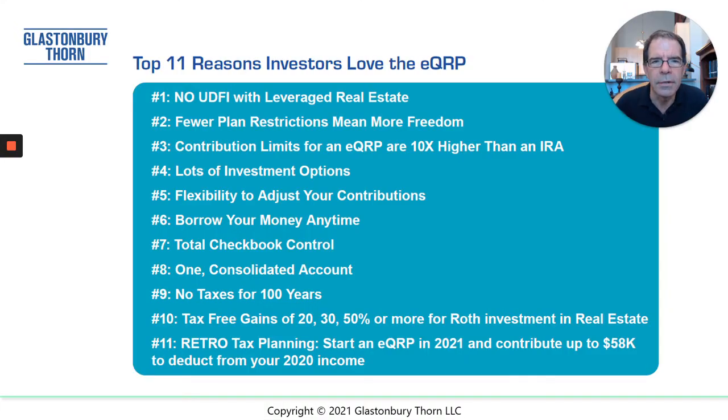By the way, in regard to EQRP, you can see many other benefits listed here. The first one is avoiding this tax, but there are some others, such as contribution limits 10 times higher than with an IRA. All of this is pretty interesting stuff. Those are 11 reasons from the EQRP downloadable book. Some of them caught my eye, some of them didn't, but I propose reason number 12.